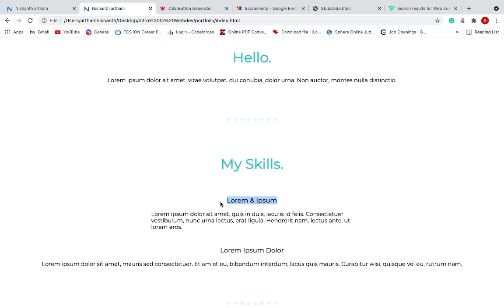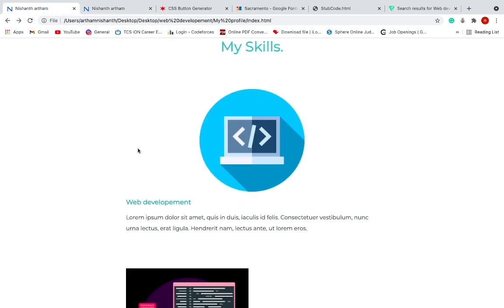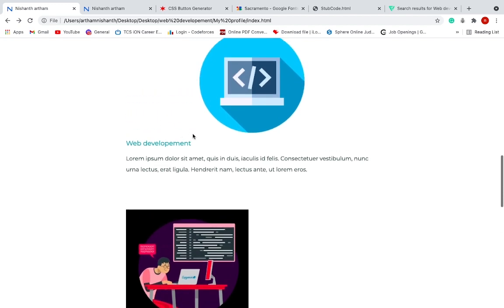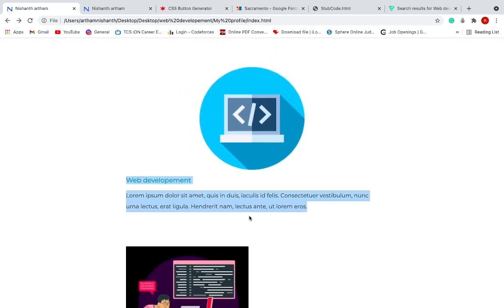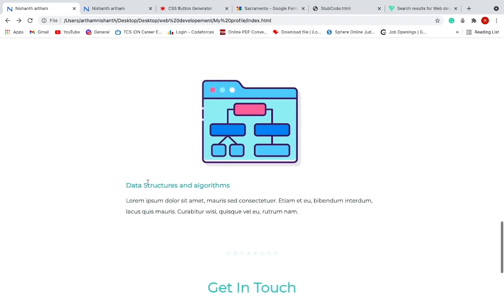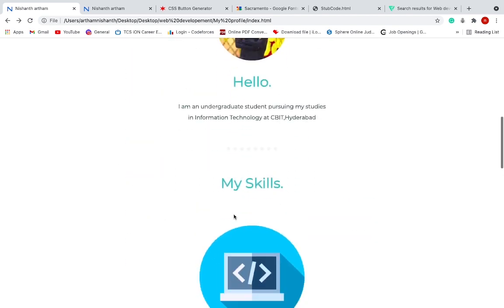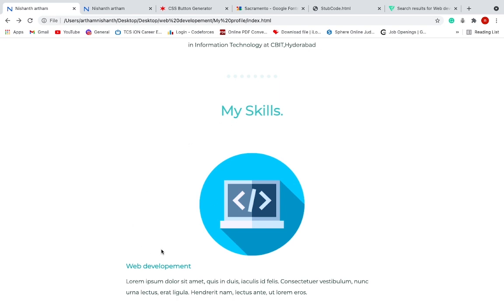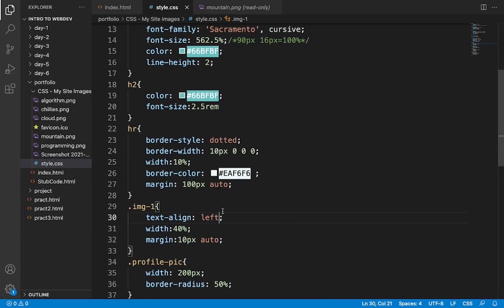Now it's pretty left aligned. We can see for everything we are aligning it to left, right? You can see for web development we align to left, and for OOPS in Python compilers we align. So in my skill section, for every image I'm assigning my text to left. Instead of writing my text aligned to left over here,